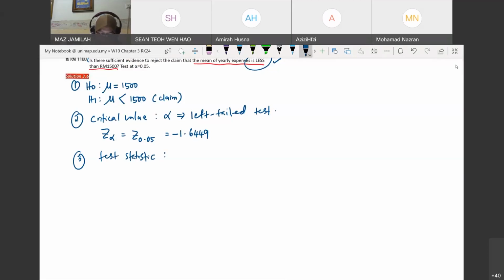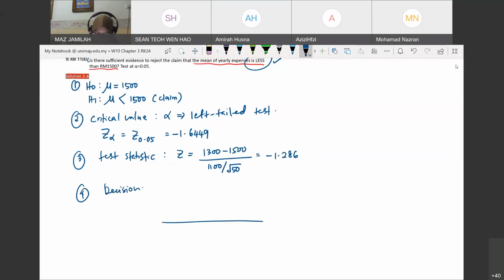Okay. So the test statistic is using the Z, the same condition: unknown sigma, and n is greater than 30. So Z is equal to x bar 1,300 minus mu 1,500, divided by 1,100 divided by the square root of 50. And this is again the same, that is negative 1.286. Okay, for the decision,